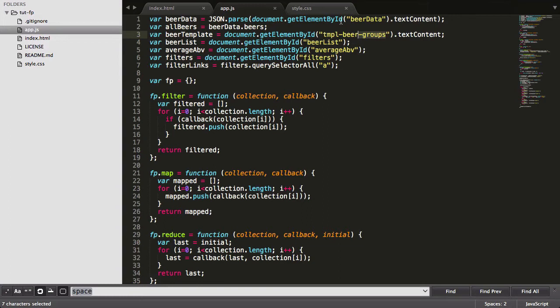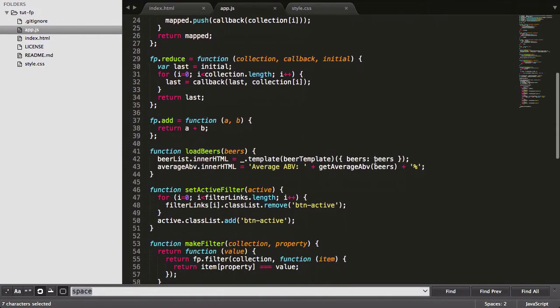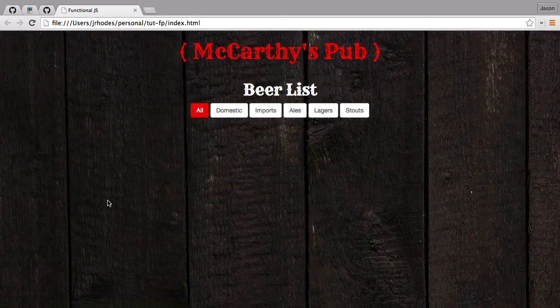So currently we'd have a broken site because we're referencing a template that expects groups, but we're passing it in load beers the same data. And so what we'll need to do is actually change this data inside of load beers. So here's our website. All of our beers are gone, but the requirement that came in from the fictional client